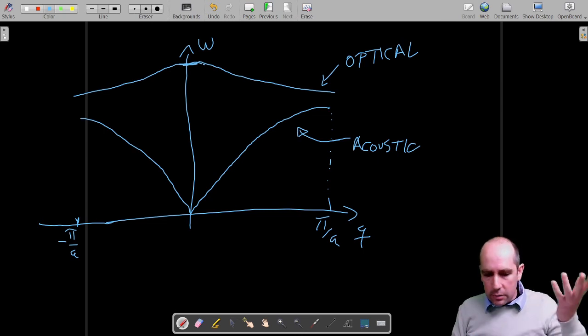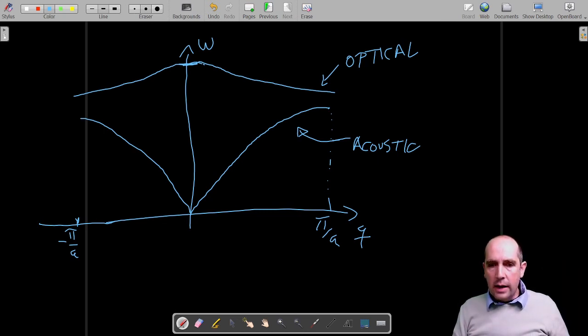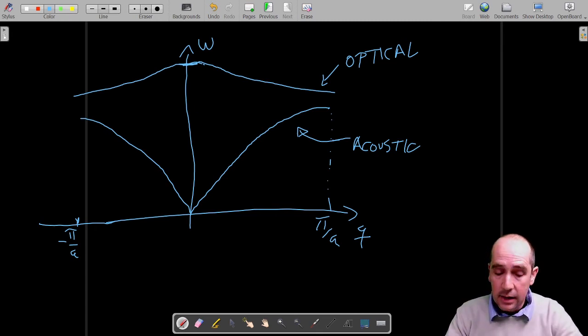And wavelengths, for example, of sound are a few centimeters to many meters. So essentially, what we're seeing here is that